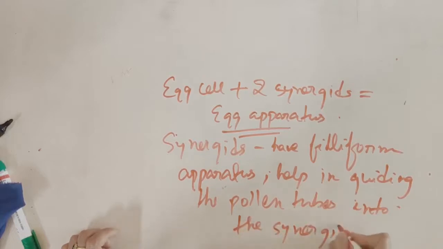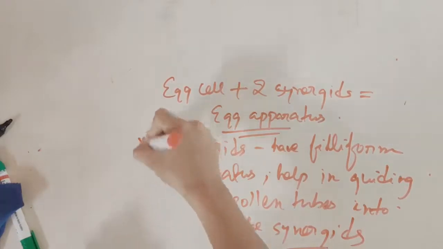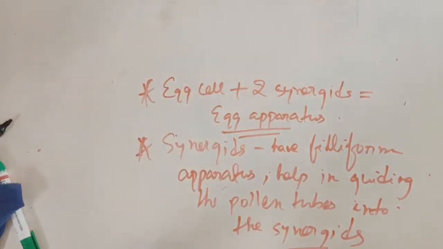synergid. So we have studied the formation of megasporogenesis, the formation of megaspores from the megaspore mother cell. We get the megaspore mother cell because the nucellus cells differentiate. They form the megaspore mother cell. Nucellus is in the central portion of the ovule and then out of the 4 megaspores 3 will degenerate, one will become functional. Why functional megaspore? It will develop